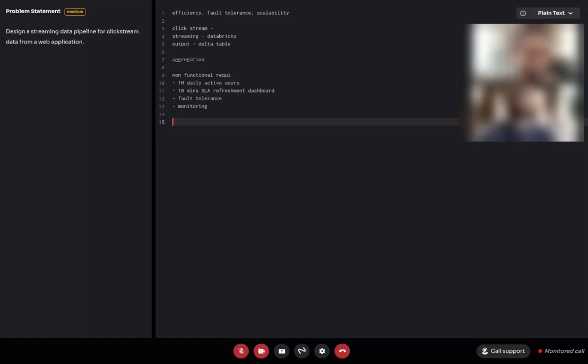From there, in the Databricks streaming, after ingestion, we are talking about aggregation. Either I'm aggregating using a windowing function like a session window or a tumbling window and that kind of thing. Based on that calculation, there can be two paths. Actually, after Kafka, there will be two paths.